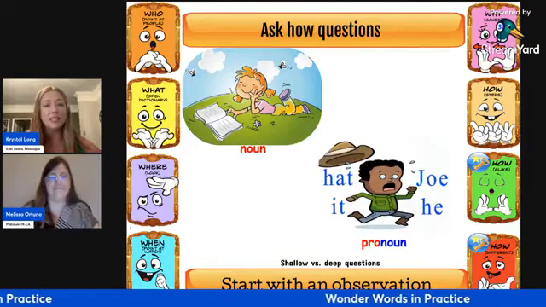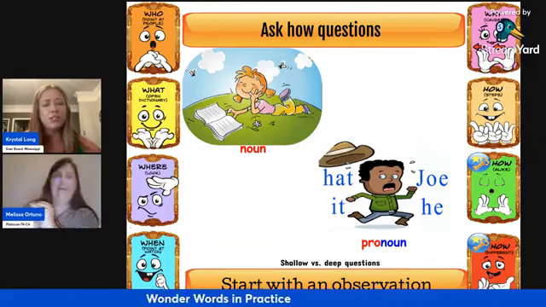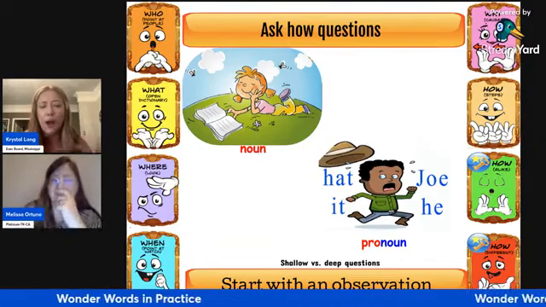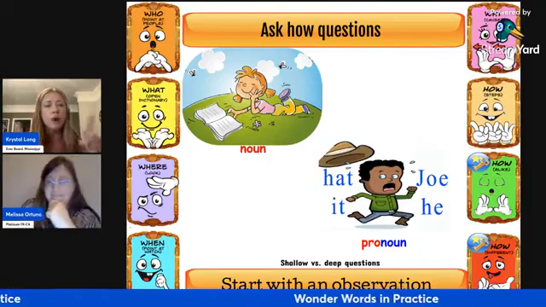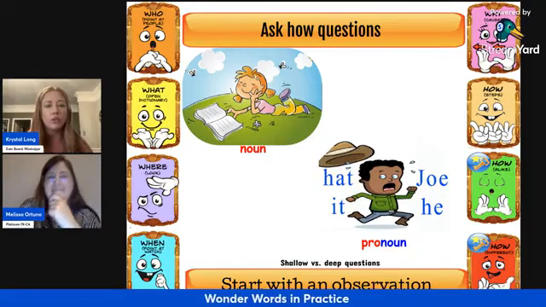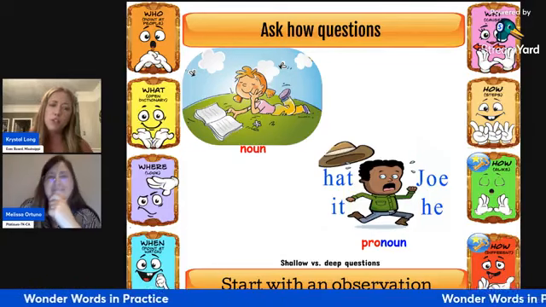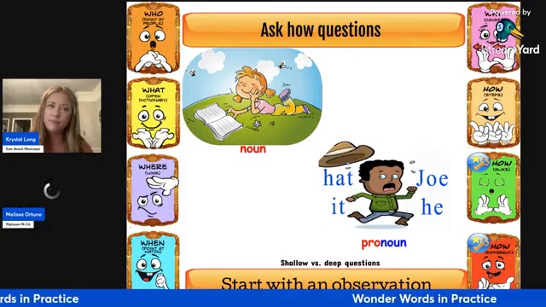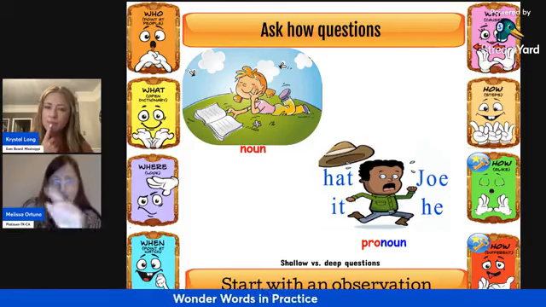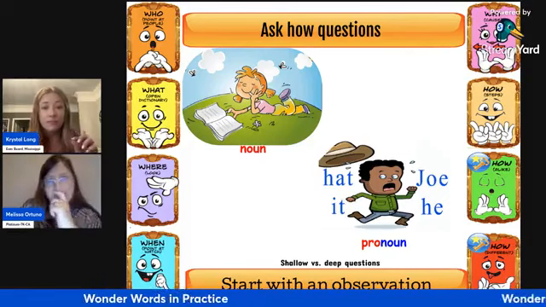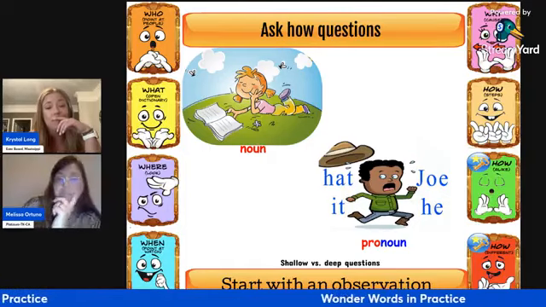And then this last slide, ooh, this one's a little bit different. All right, so let's just start with some observations. Those of you out in Facebook world, drop in the comments, what are some observations you see with these pictures? And Melissa, what kind of observations do you see? Different people, and I see some labels of maybe what they are or who. So they look kind of similar.